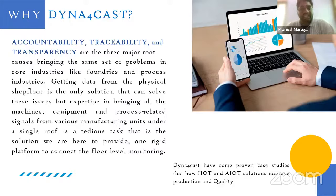So we wanted to collect the data from different sectors in the core industries, and we are directly integrating the shop floor to the ERP and business intelligence module. So we have developed this software and hardware for these IoT systems, because whenever data collection is happening, there are two to three different methodologies. Either you can collect the data from the ERP and then analyze your business process, or you can get a standalone IoT system from any other manufacturer, or you can integrate the device. So we have chosen device-wise data collection